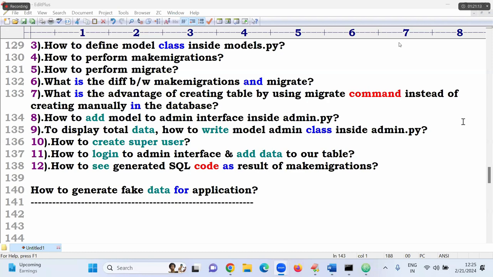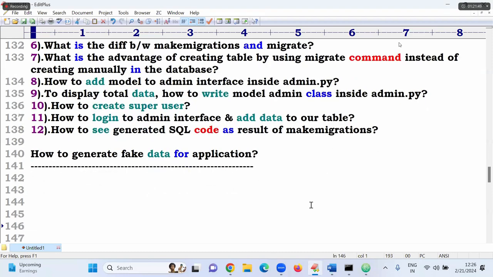Faker function. Faker is not a function. Sir, here, completed questions. Sir, for this,